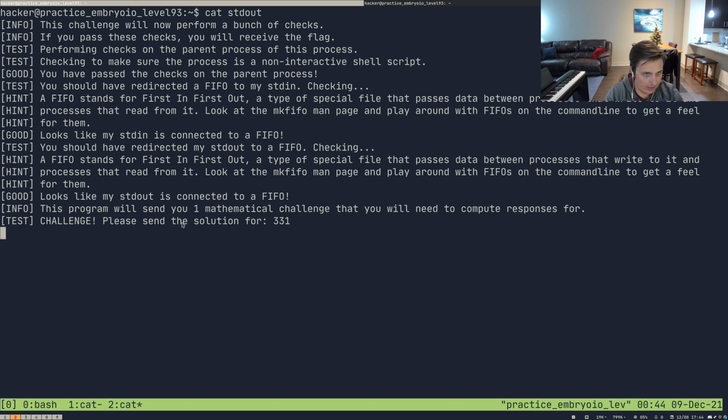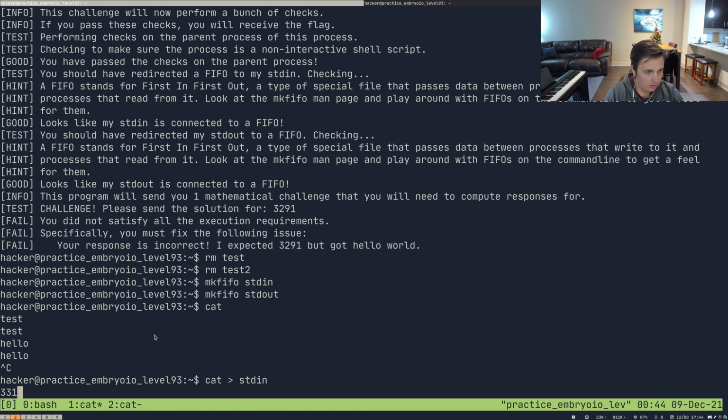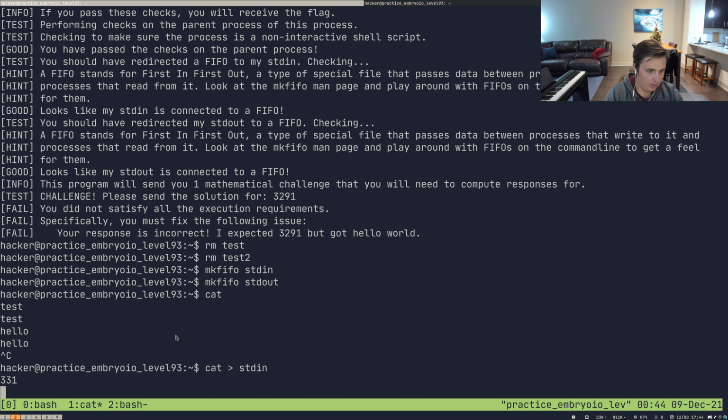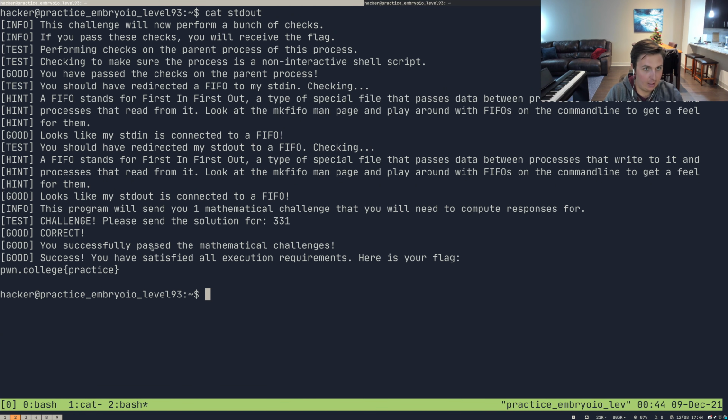So it says, challenge, please send the solution for 331. So it just wants us to send 331 to it. We send 331, hit enter. And now it has finished executing on our standard out terminal, and we can see pwn.college practice. So that is the idea of